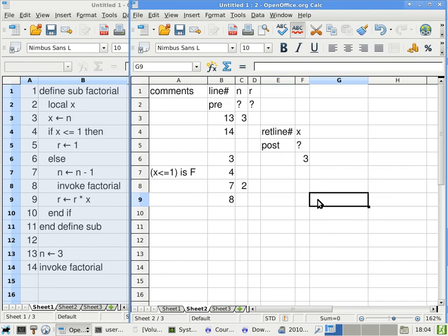Line 8 is invoking Factorial again. In this sense, it is kind of like a function call, or a procedure call, I keep using those terms that we have not mentioned in this class. It goes back to the subroutine called